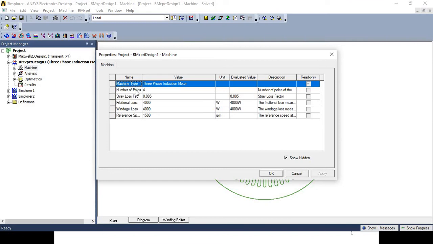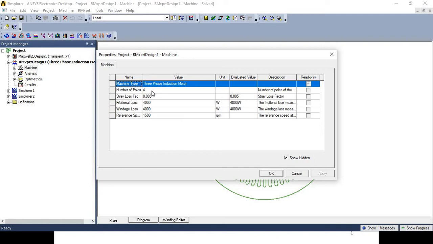Then there are different options like number of poles. If you are a new user and don't have a detailed idea about a parameter, then in the description column we can go through the details, like the number of poles of the machine. For this design, we are going to select the number of poles of the machine as 4.